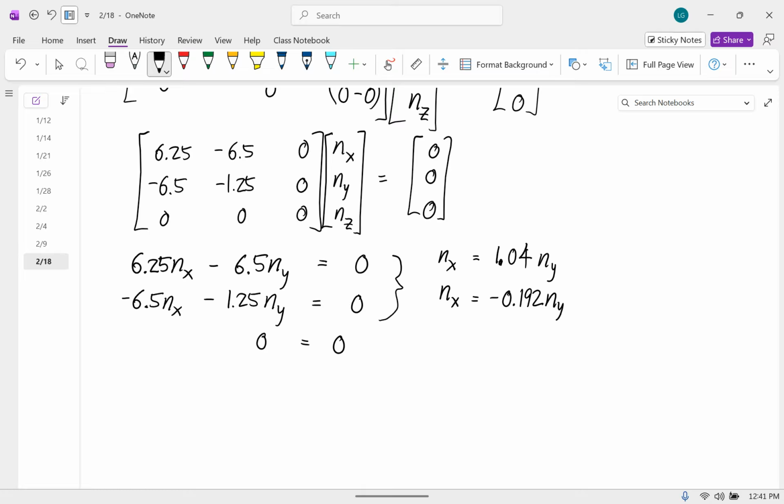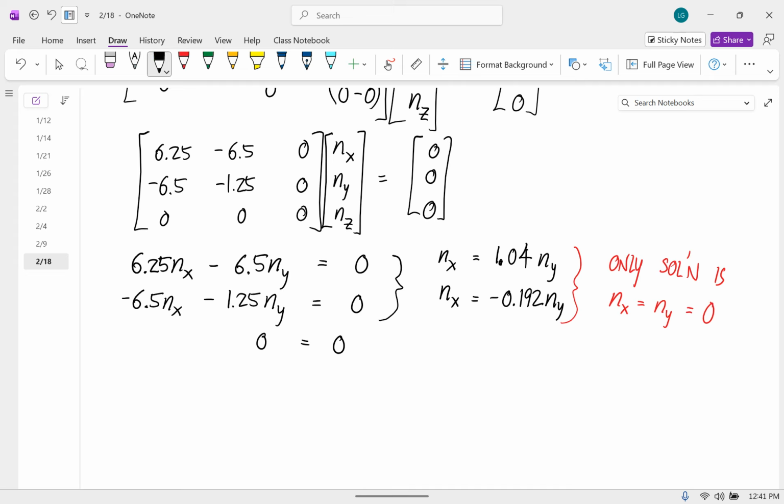So what values of nx and ny make this possible? Yeah, that's right. So nx and ny both have to be equal to 0,